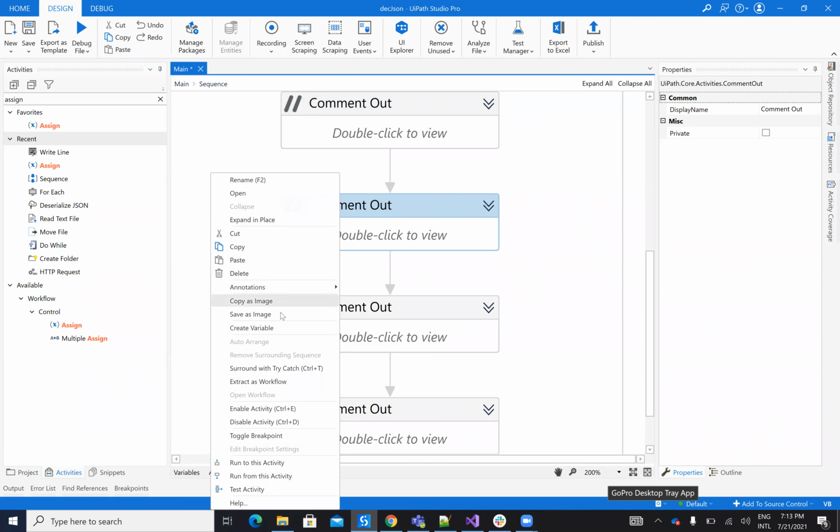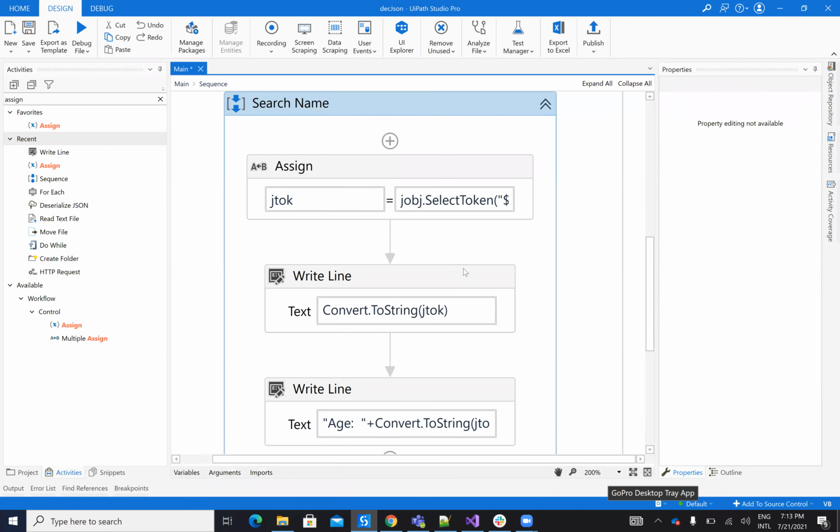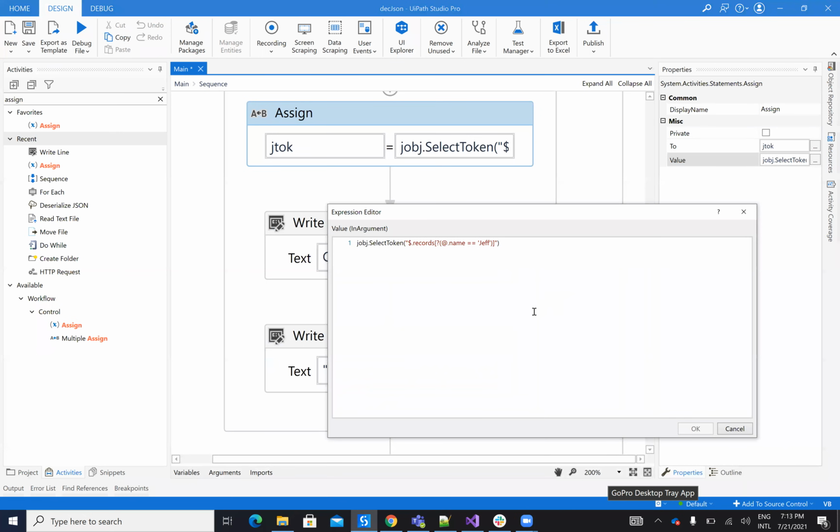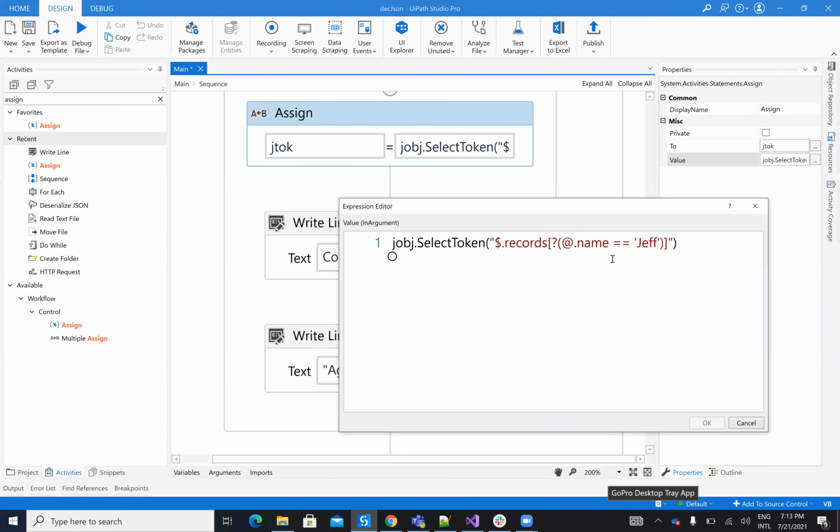On the next one, we want to search for the record that has the name Jeff. You see here on the G object SelectToken, I will put this.